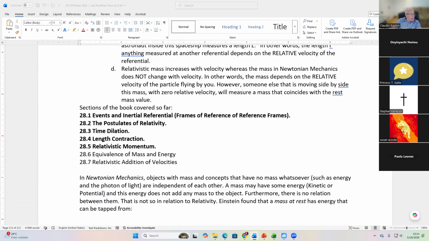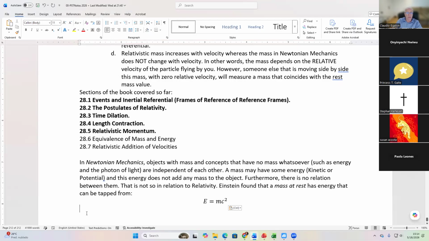And the equation that he found is one of the most famous equations of his. It's not a postulate, but it is a consequence of his postulates. Here you go. A mass at rest has some energy. That's the rest energy, which is equal to mc squared. Okay, and don't forget, folks, this is a huge amount of energy,